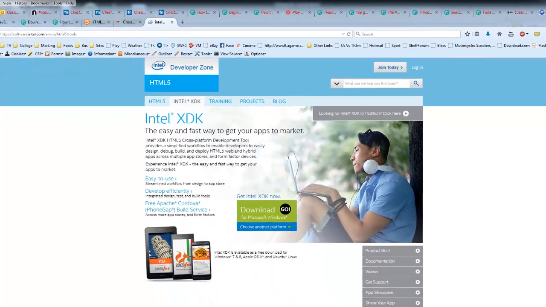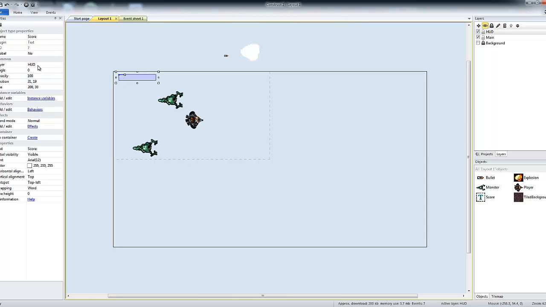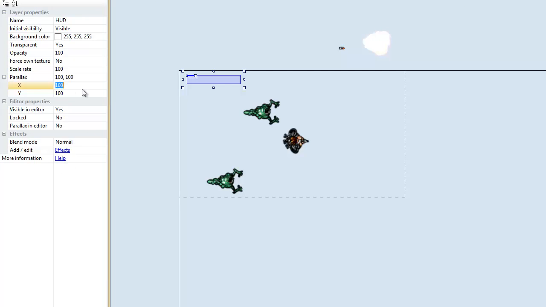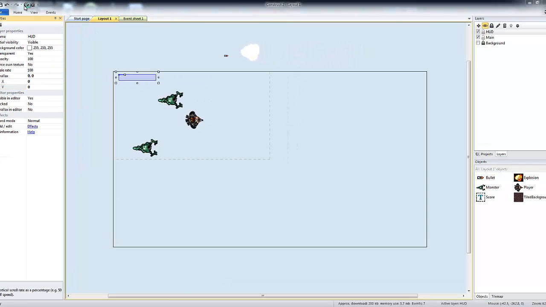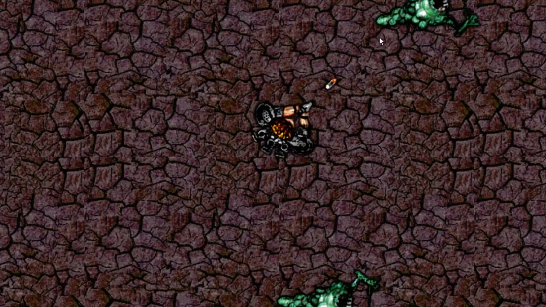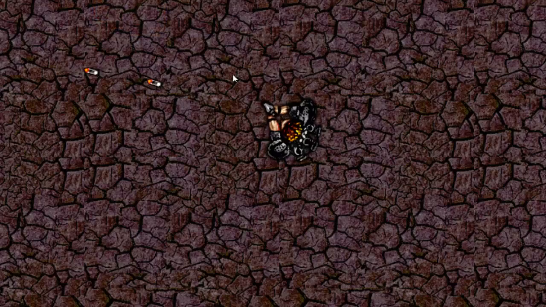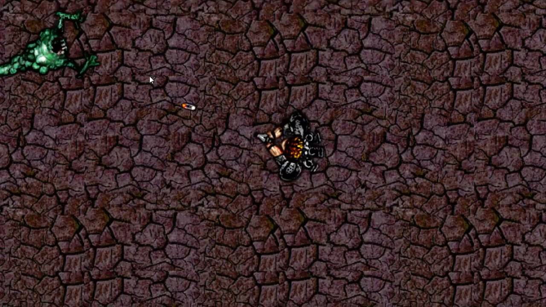So I'm just going to kill that off again, and what we need to do is make sure that this heads up display on layer 2 is on the HUD, right. So what I've done is I made sure that, so we've got this game now where